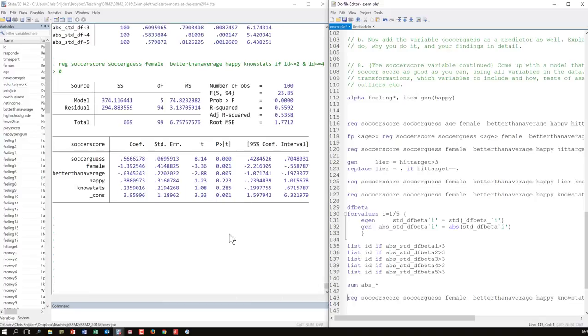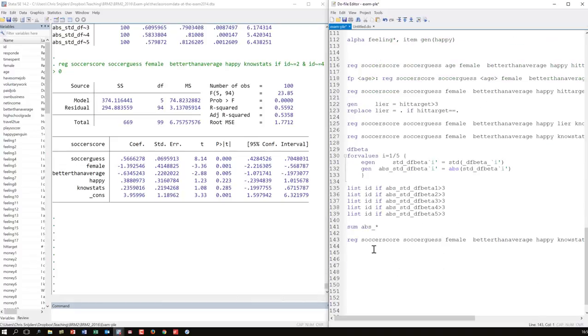Okay. 3, 1, 2. Okay, so I look at my outliers here. I saw 2 that I found in 5 of these DF betas. I got rid of these 2, and that doesn't change much. So I double checked here for outliers. There are 2, but they don't mess up my data a lot. Okay, so that's one thing to try.